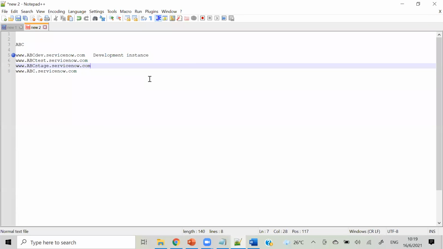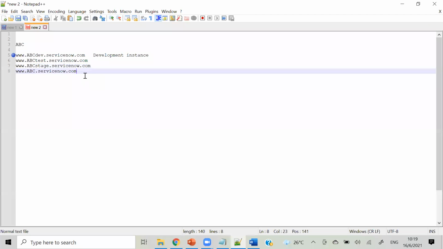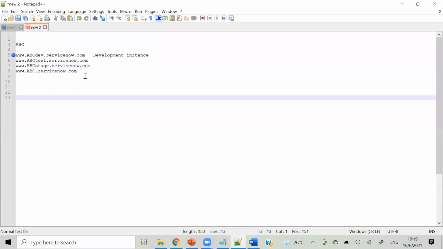Okay, and Gautam, if we want to revert any change, like initially I have deployed something, I have updated that set, and if I want to remove those changes, is that possible? Yes, it is possible. You can do it in two ways.